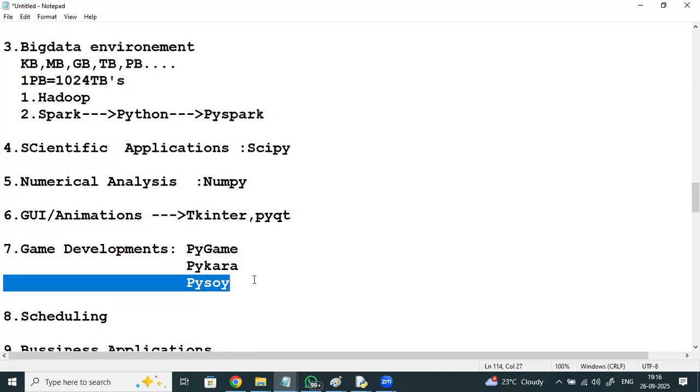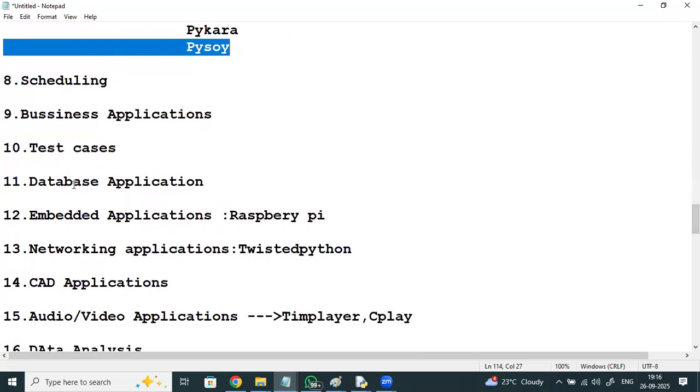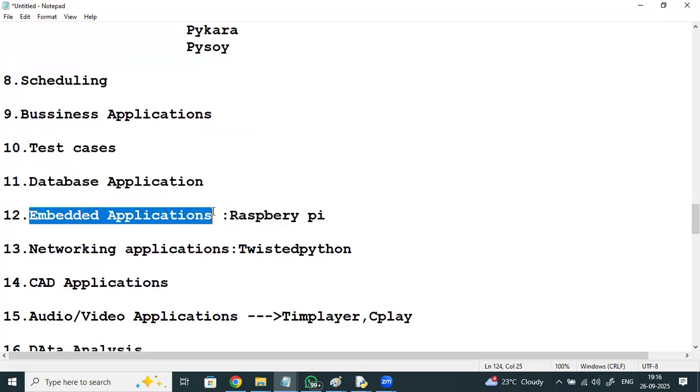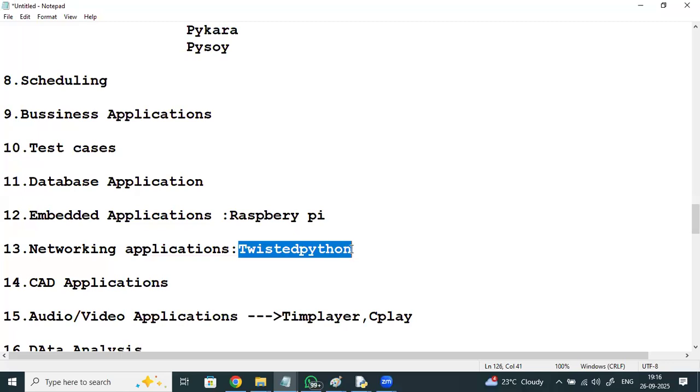So these are the frameworks given by Python, especially for game development, and for scheduling tasks, Python is providing. For business applications, testing, database applications, and embedded applications, we have Raspberry Pi. For networking applications, Twisted Python.